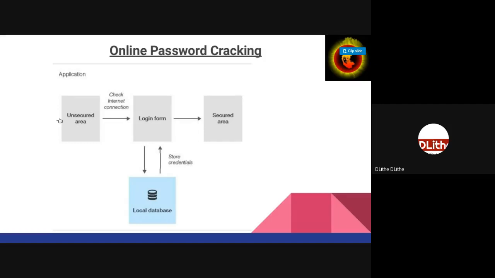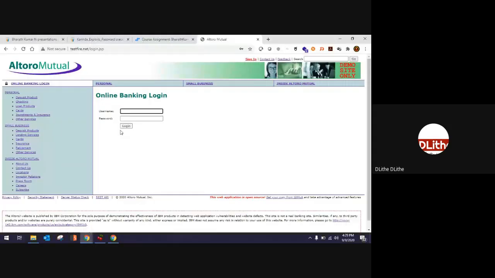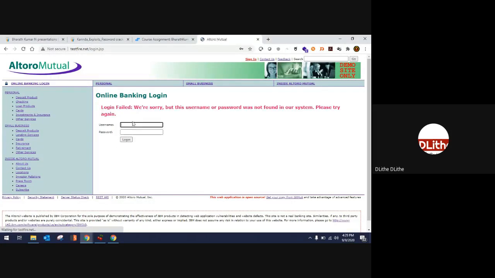Now, how do we crack the passwords online? Similar to offline password cracking, we'll keep a list of possible passwords called a word list. We create a word list and keep sending the various combinations of passwords one after another. Instead of you manually typing all the passwords, say I'm typing admin and 123. If it gives me an error, I'll again use admin and use 123456 and so on. This manual task of trying various combinations of username and password, I can do automatically, and that is what we do in online password cracking.